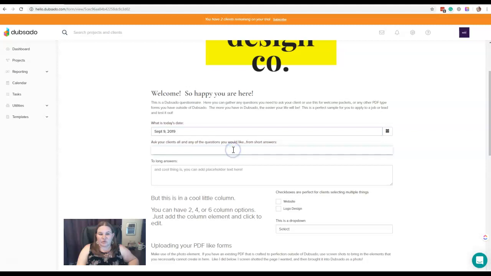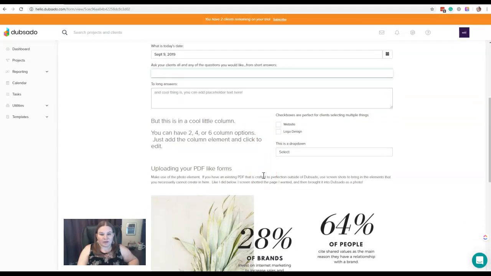This one here is a short answer field, so it just has one little line to enter the answer. Short answer fields can also be mapped into fields within the profile or custom mapped fields if you wanted to use that. This one is a free response field. It's very similar to short answer, but it is a little bit larger and it cannot be mapped into profile fields or custom mapped fields. Down here you can see we have information on both the left and the right. This is achieved by using a column, and this is a 2-column element here. You can also have 1, 2, 3, or 4 columns in a single element.